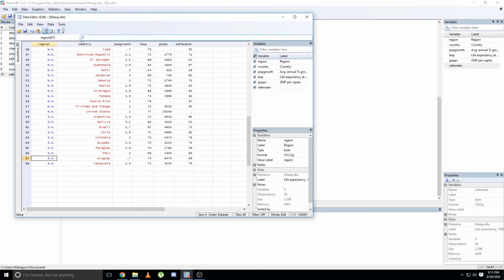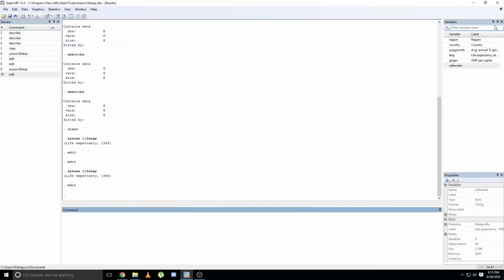Another nice feature in Stata is called the filter bar. It is also known as your search term bar or your variable search bar. So when you go to the variables window, there is an icon which looks like a funnel over here, and you click it once.